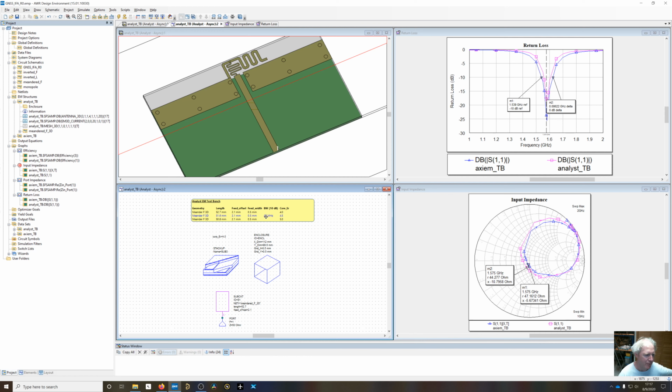And also the bandwidth has decreased. So previously, on the previous meandered F, it was 80 something megahertz, I think, and now it's back down. Now it's 47, by putting a finite substrate in and increasing the inductance right here. So we lost some bandwidth, but we still have pretty good return loss. But I guess what you also got to realize is that when we're reducing bandwidth, unless you want to tune this thing for every